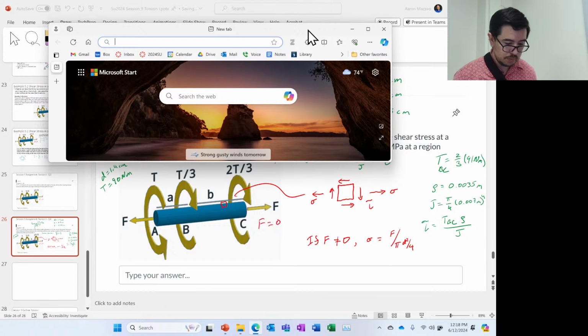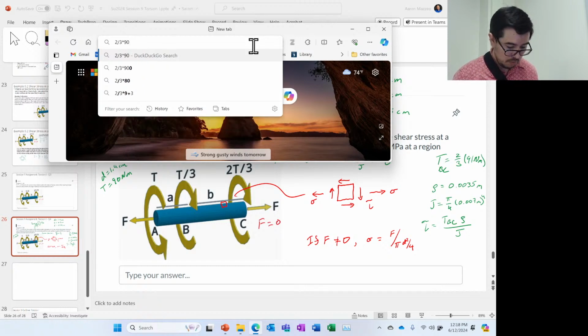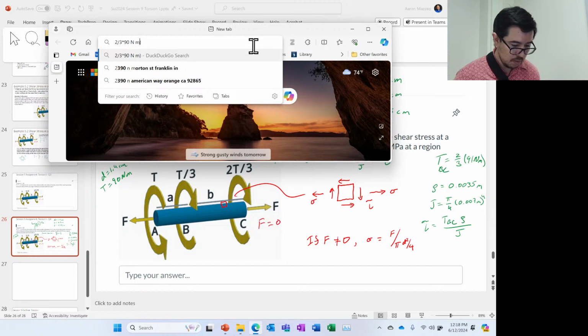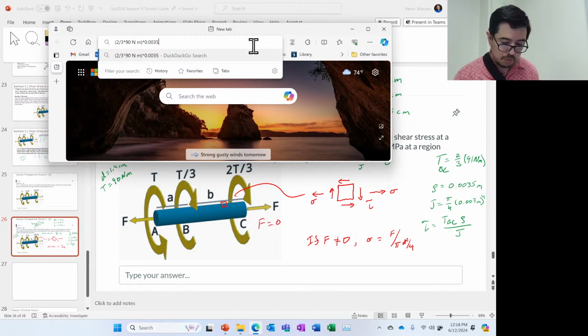Okay, so we'll have 2/3 times 90 Newton meters times rho, which is going to be 1.4, right? So that's going to be, oh, it works out exactly the same as what we had, right? 0.0035 meters. Okay, and then we're going to divide by pi to the 4th